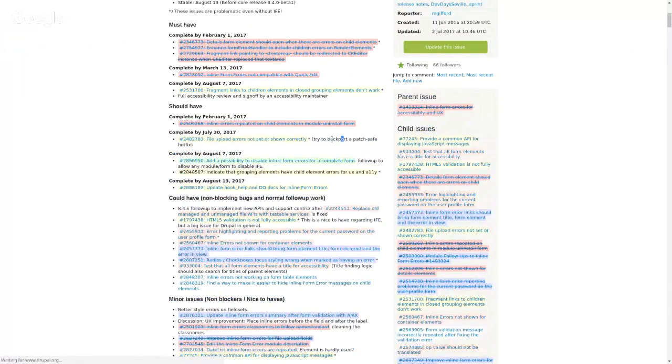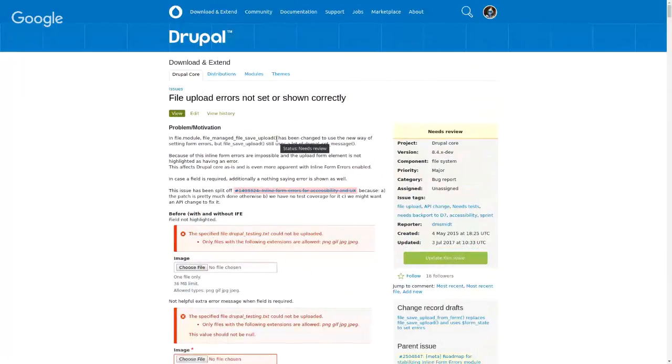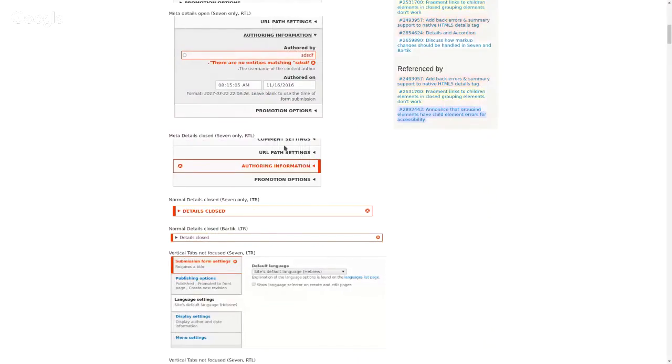This one I haven't been following too closely, but it has had a lot of work done in it recently, and there's a patch to review. One is an API thing which lets you disable the inline form errors, is RTBC. This last one it is about things like vertical tabs and collapsible details,